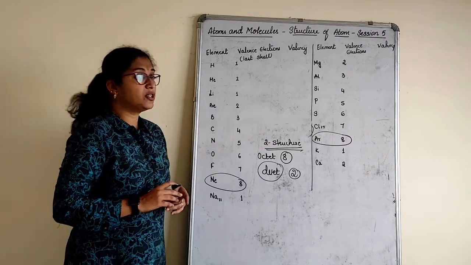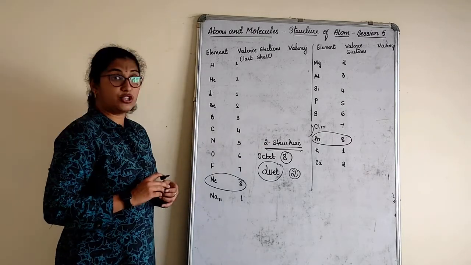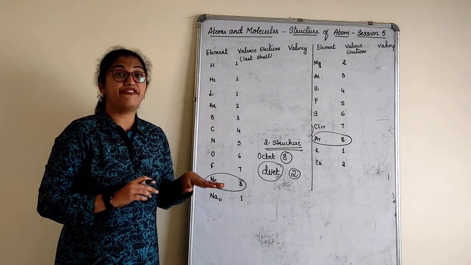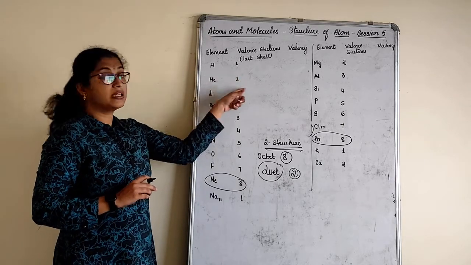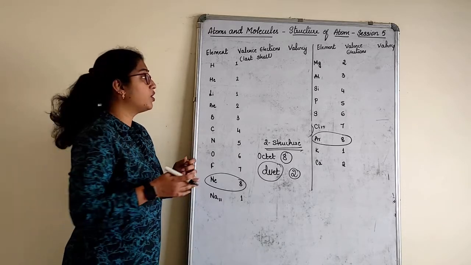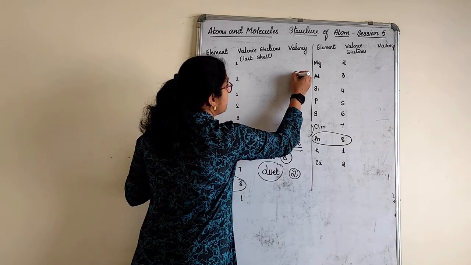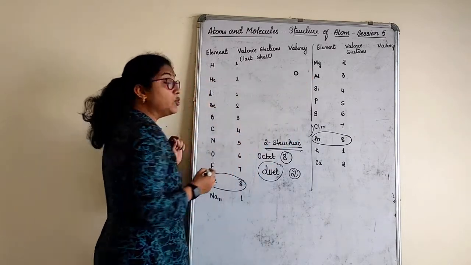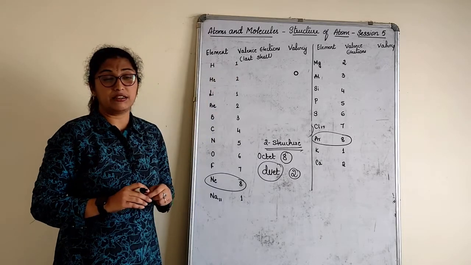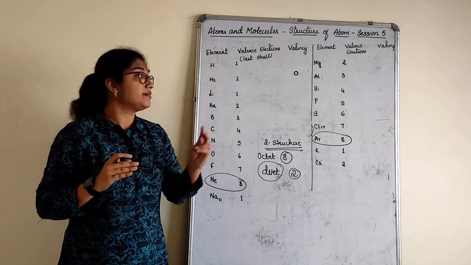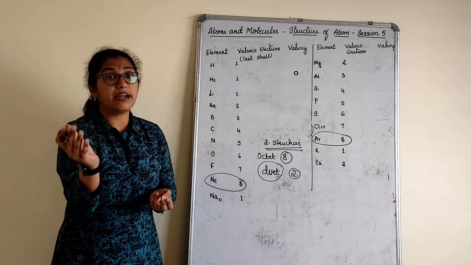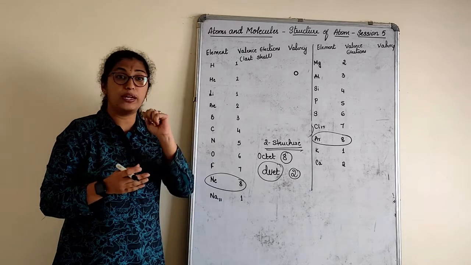Is there any element which will fit into a duet structure, where the last shell itself is 2 and it is completely filled? Yes. Helium. Helium has how many electrons? Totally it has only 2. So what will happen to helium is its valency will become 0, because that will come into a duet structure and helium is a noble gas. Now look at hydrogen here. Hydrogen has a tendency to give electrons. So hydrogen will pair with 1 more hydrogen and that will form a bond. Duet structure, what we say.